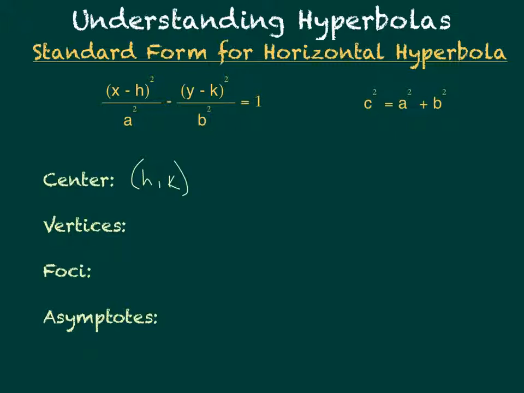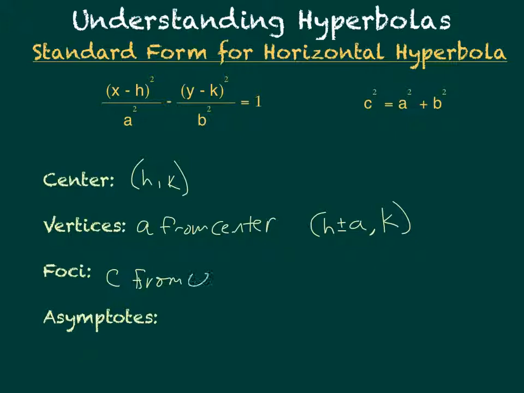Our vertices are still going to be a spaces from the center. So in this case, since it's horizontal, my x is going to change by a factor of a, so it's going to be h plus or minus a, comma, k, and those are going to be my vertices. And my focus points are c units from the center. So that's going to look like h plus or minus c,